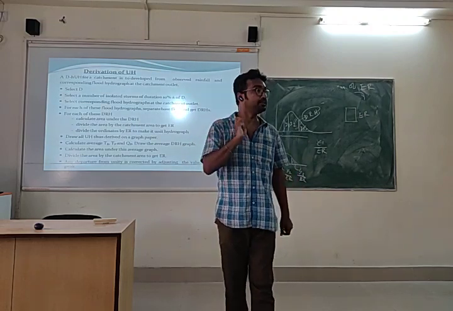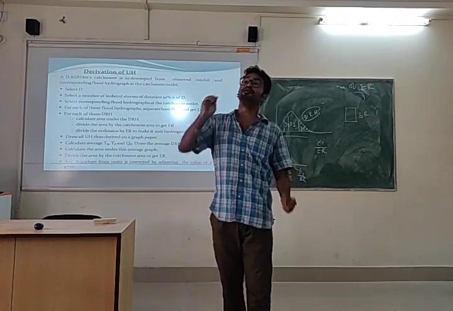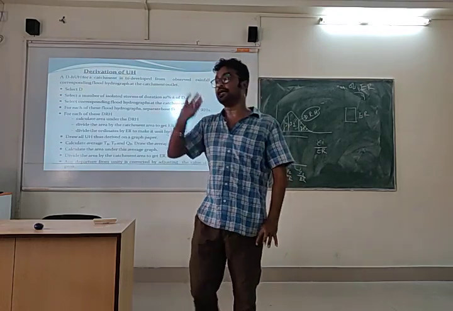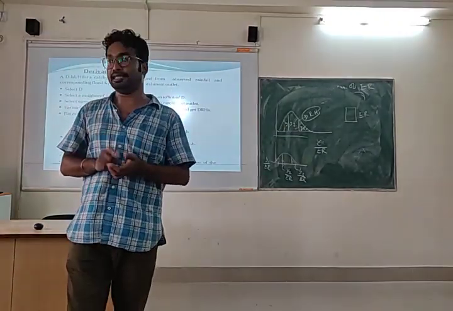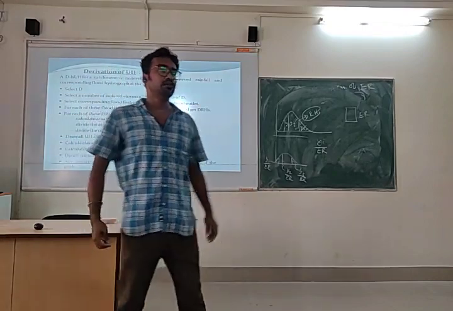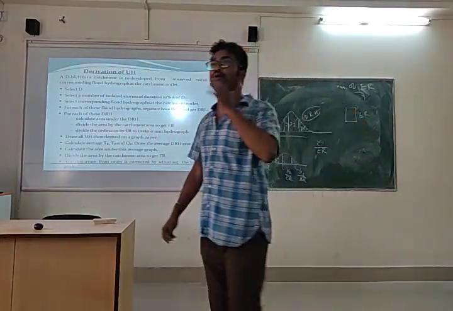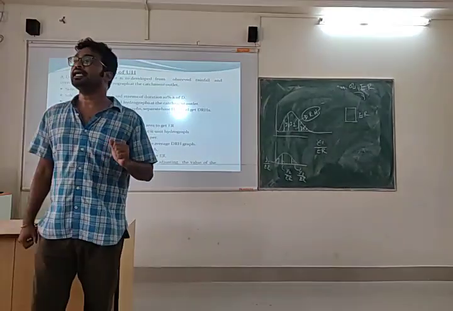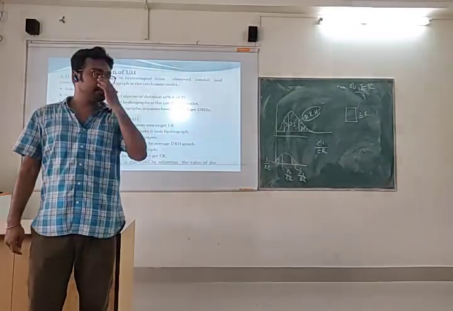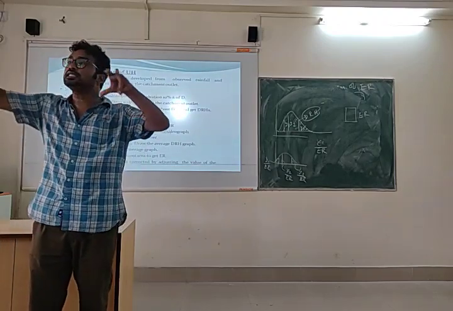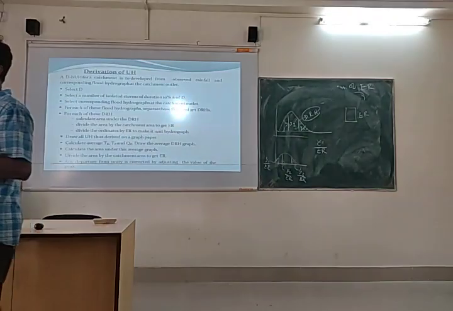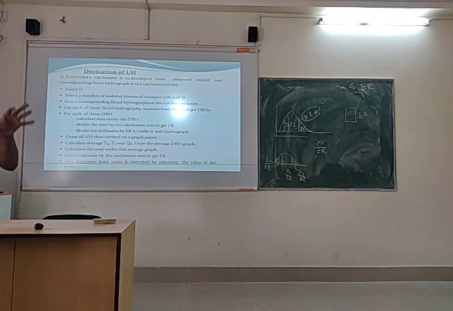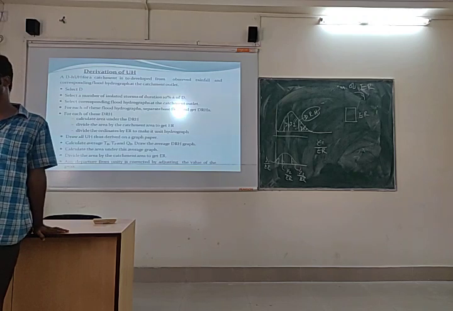Particular precipitation. We have taken linear precipitation. So for linear precipitation, a linear unit hydrograph will be there, and the unit hydrograph may or may not be exactly the same. Why? Because we have assumed that the precipitation is spread equally over each and every portion of the catchment area. But in reality, obviously, the precipitation intensity in each portion of the catchment area may or may not be the same. Right?